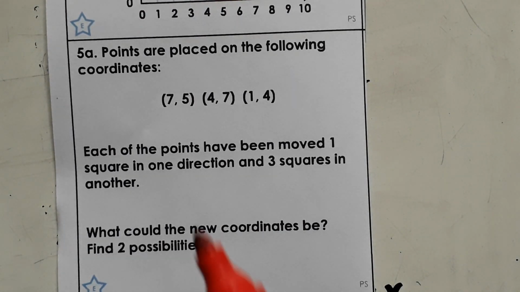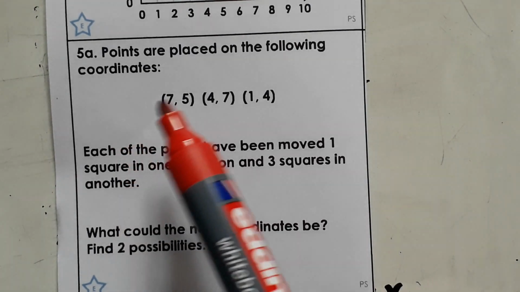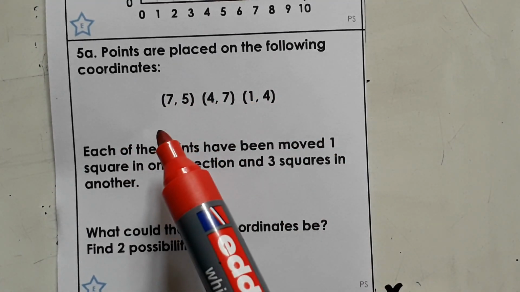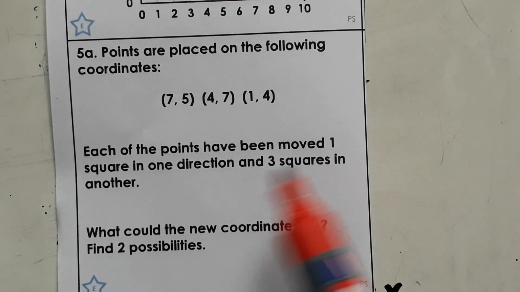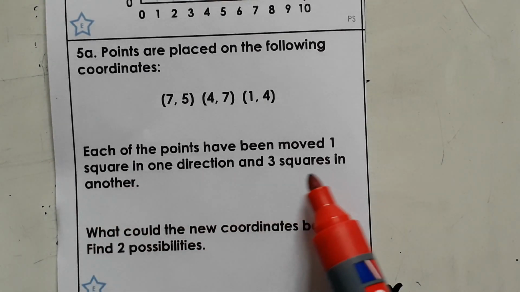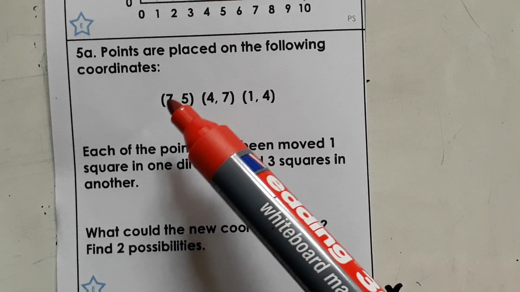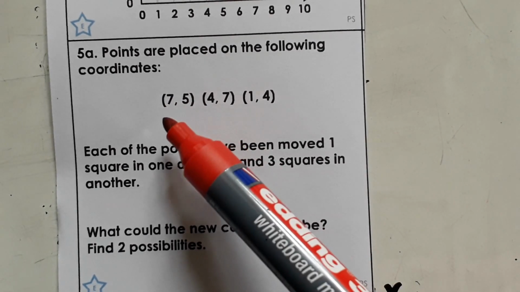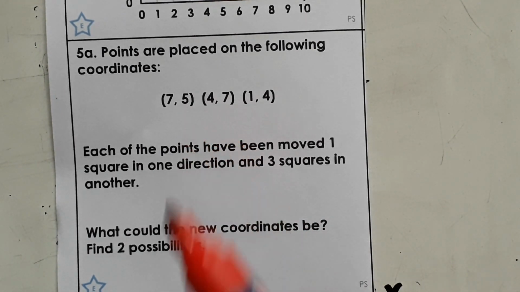Okay, so question 5a builds on that. Points are placed on the following coordinates: 7, 5, 4, 7, 1, 4. Each of the points have been moved 1 square in one direction and 3 squares in another. What could the new coordinates be? Find 2 possibilities. Well, as long as you change one digit by 1 and the other digit by 3,